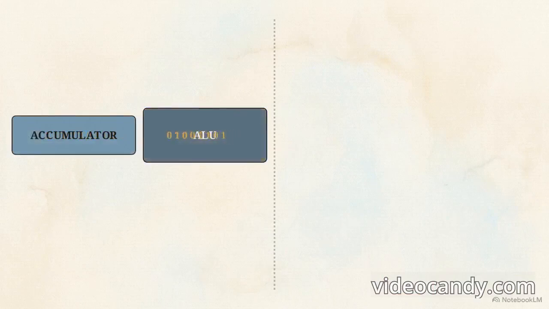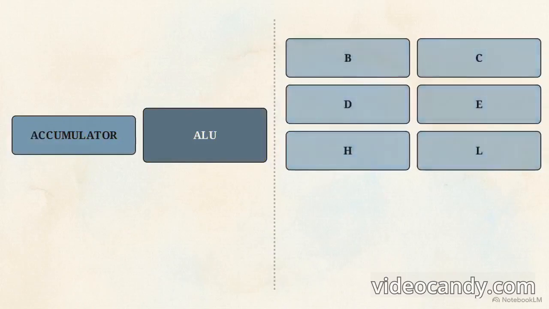The core is the Arithmetic Logic Unit, or ALU, the mathematical center for logic comparisons and arithmetic. The accumulator is the primary 8-bit staging area, holding the initial operand and storing the final result from the ALU. To the right are 6 8-bit general-purpose registers, B, C, D, E, H, and L, serving as temporary data storage